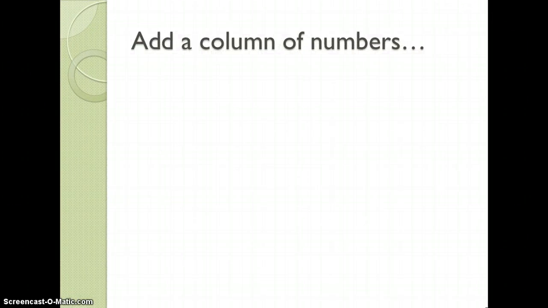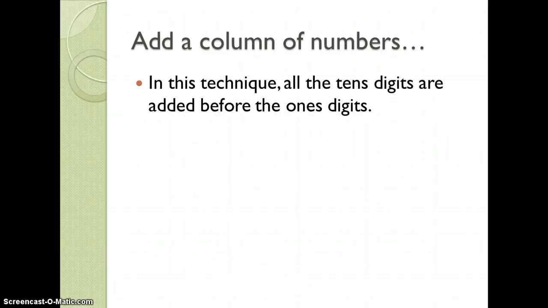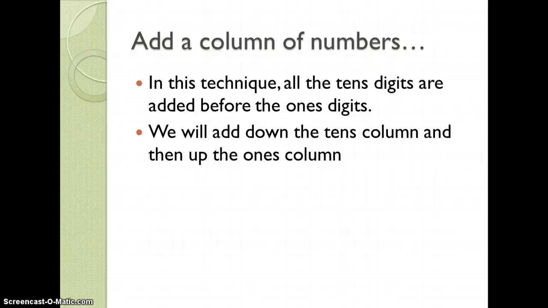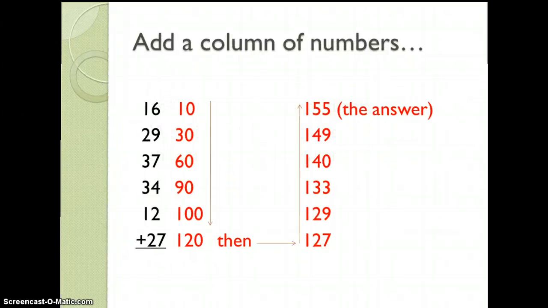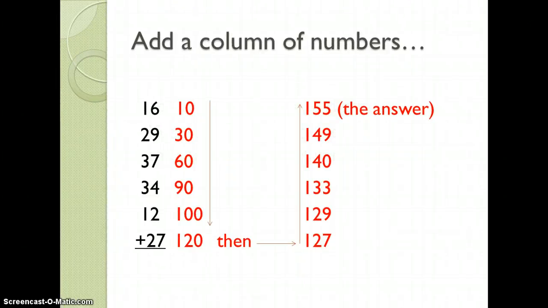The final thing we're going to learn this week is adding a column of numbers. So in this technique, what we're going to do is add the tens digits before we add the ones digits. We'll add down the tens column and then we'll come back up on the ones column. Okay, so we're going to add 16 plus 29 plus 37 plus 34 plus 12 plus 27 quickly in our head. So look at the red numbers,